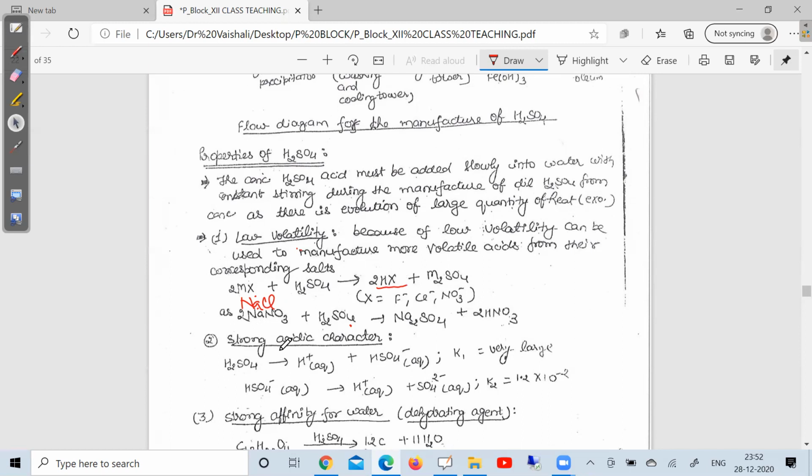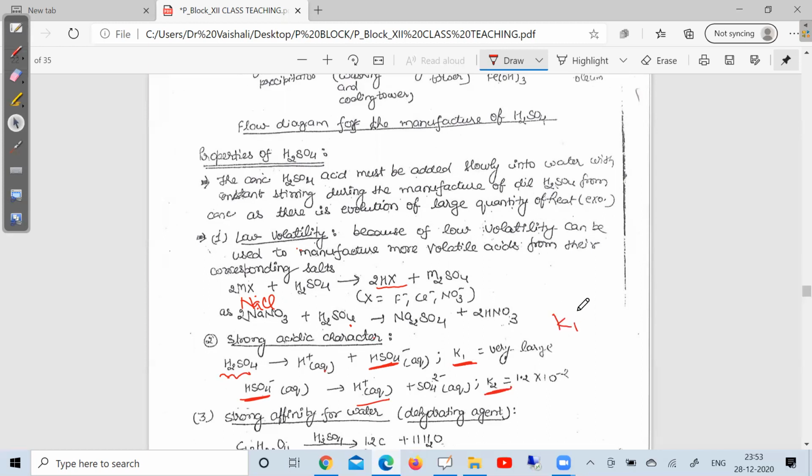Second, all of you know the name sulfuric acid, so it is acidic in nature and it is a strong acid. And how many acidities are there? Two. There are 2 H plus to remove, and hence it is called a dibasic acid. When the first H plus is removed, the dissociation constant is K1 and it forms HSO4 minus. From HSO4 minus, the second H plus is released, so it is called K2, dissociation constant 2.